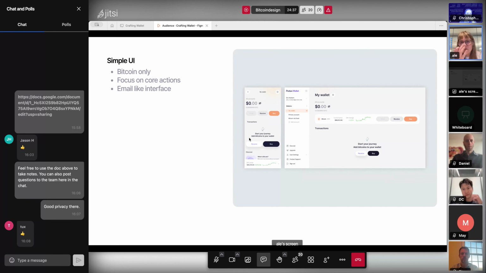We also added to our accounts a very simple drawer, and then we also wanted to have a discovery section. Here we don't see it, but if you scroll, you find directly on the home page articles that we have written in very simple language that will help you start with the wallet.